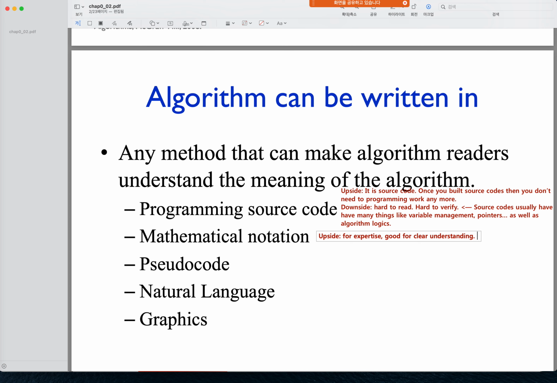Also, the other one is it is easy to verify correctness and performance. But downside,